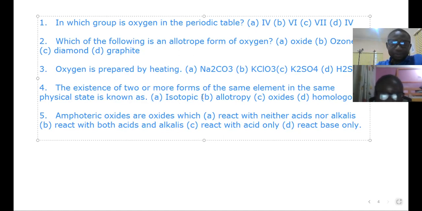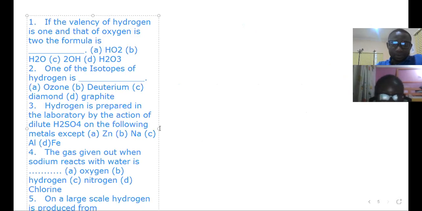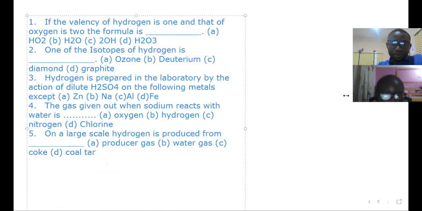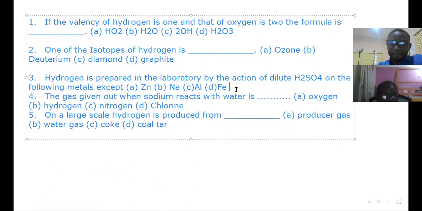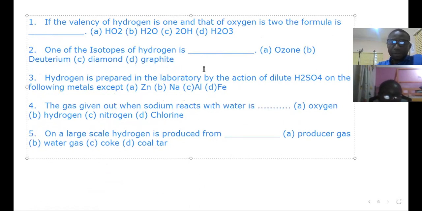Okay, let's see this objective question. If the valency of hydrogen is 1 and that of oxygen is 2, the formula is what? H2O. One of the isotopes of hydrogen is deuterium. Number 3. Hydrogen is prepared in the lab by the action of dilute H2SO4 on the following metals, except